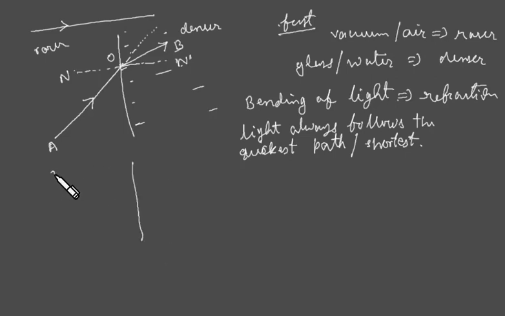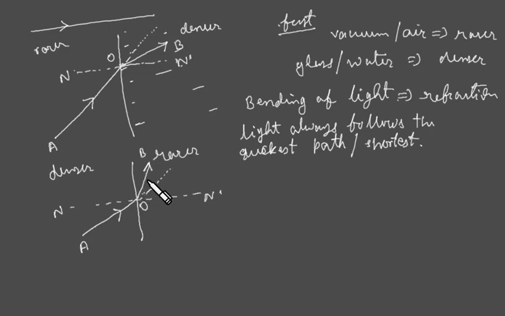Let me draw another one where the light goes from the denser to the rarer medium. Let's say this is the normal, and then the light falls this way, AO, where NN prime is the normal, and then it was supposed to go along this direction, but it bends away from the normal this time. When it goes from the denser to the rarer medium, the light bends away from the normal, and this bending